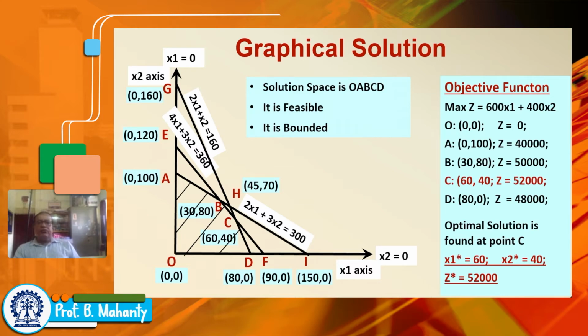Now the question is that we see here that C is the optimal point. Right? C is the optimal point, no doubt in that. Now C may be the optimal point, but what about the other points? The point O, point A, point B, point C, point D, all those points. The Z value of O is 0 at origin, 40,000 at point A, 50,000 at point B, 52,000 at point C, and 48,000 at point D. So at different points, the values are different, but the highest possible value is returned at